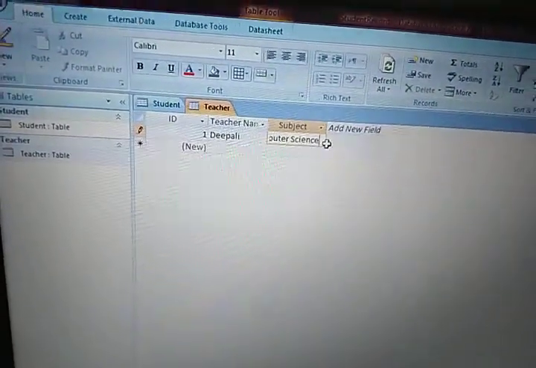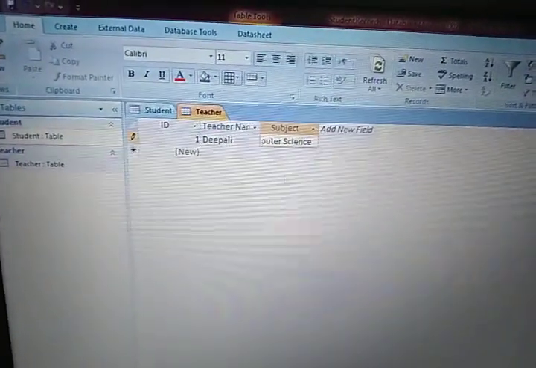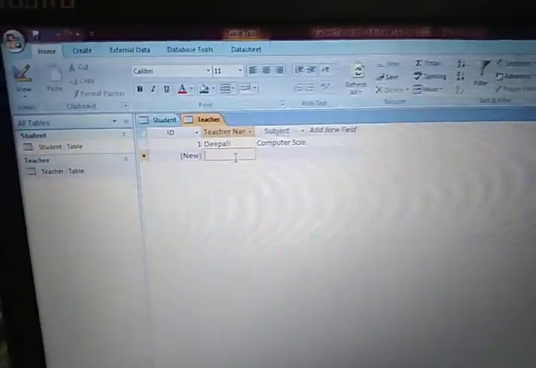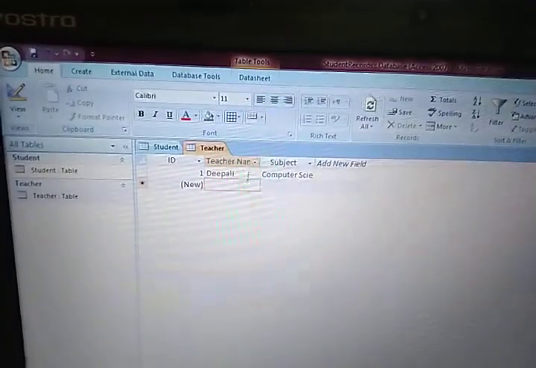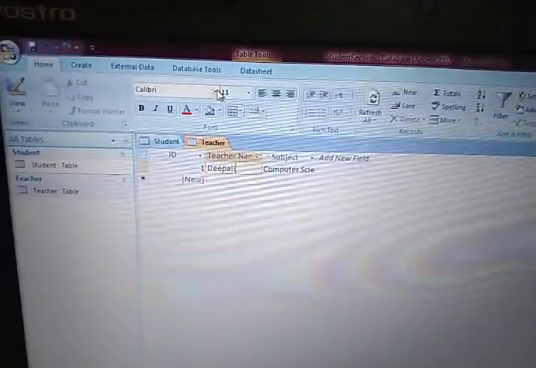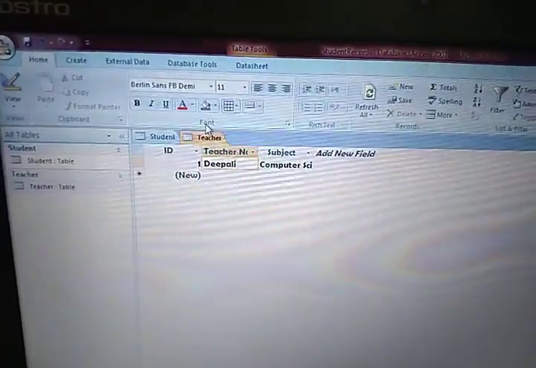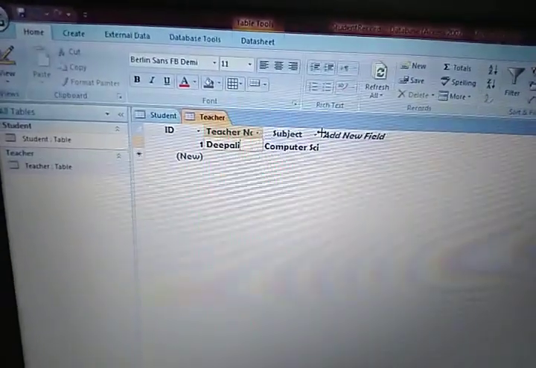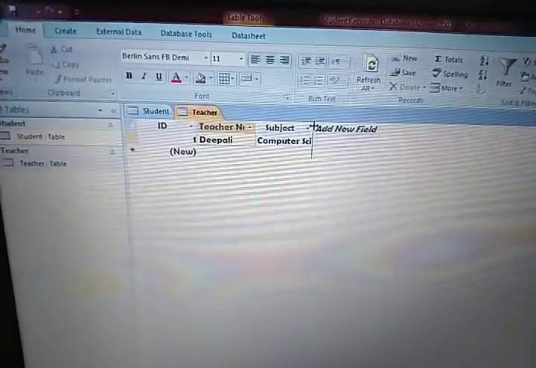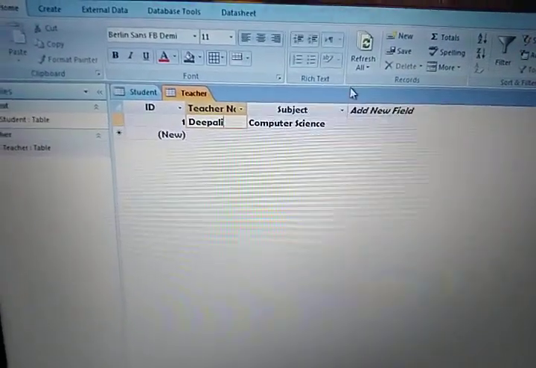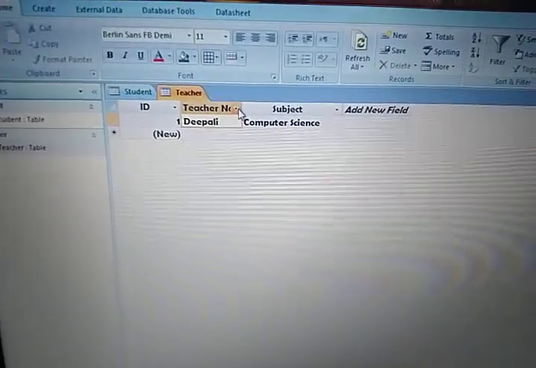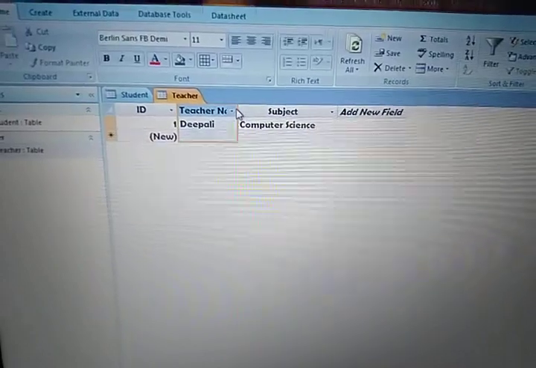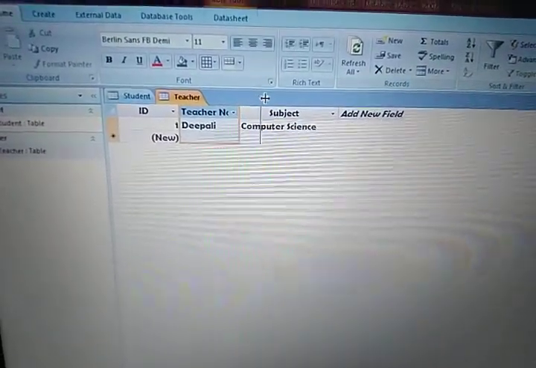Fine. If any new field you want to add, you can also add from here. That is your data sheet view. So by this, students, you are able to insert the record in your table. You can also give formatting to these particular records by changing the font style from here. See, clear? You can also resize your column. As you see, you are not able to see the full name, subject name. So from here you can resize the column. Just click here. When this plus sign will come, then simply you will drag it.